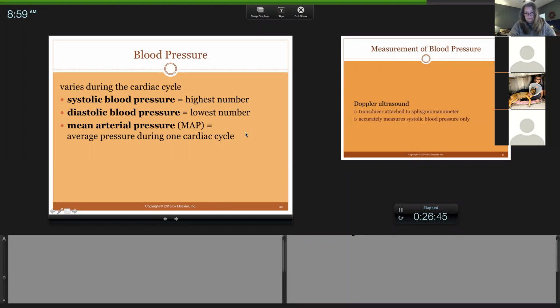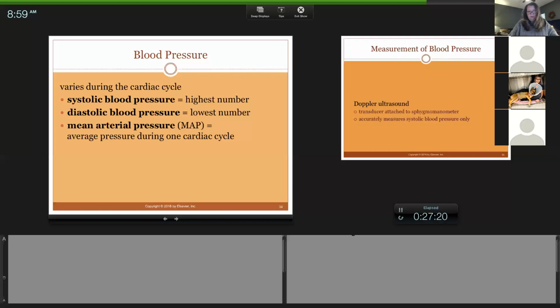Remember, diastole, your lower number, should not be as high as this number because that's the pressure in your arteries when the heart is relaxing. If the heart is not pumping, there shouldn't be excessive pressure there. And then the mean is the average. Remember, I said for a mean, 60 is the normal number. 60 is the minimum mean pressure that it takes to get blood flow to all of the organs.